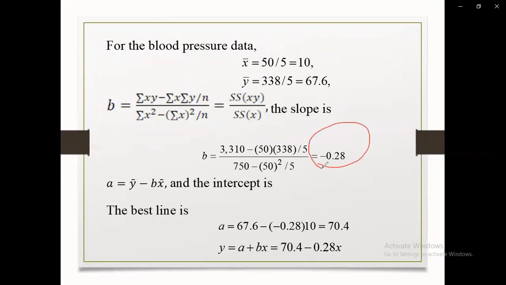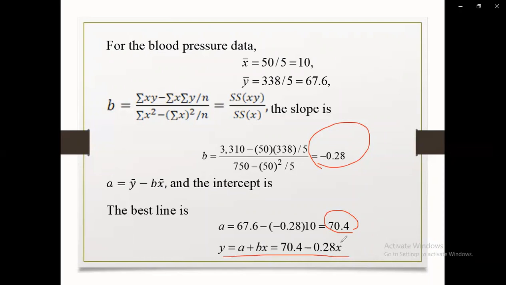So beta 1 is minus 0.28. And once we estimate the intercept, we get 70.4 for our intercept, which means that the equation or our model becomes 70.4 minus 0.28x. Okay, good. And in the interpretation, this simply means that when x increases by